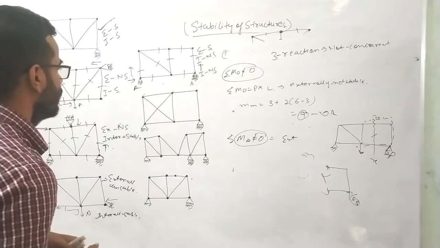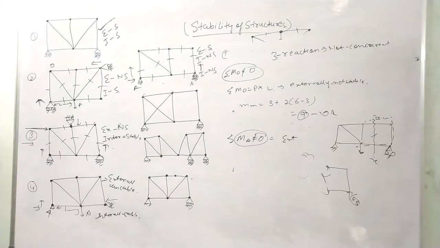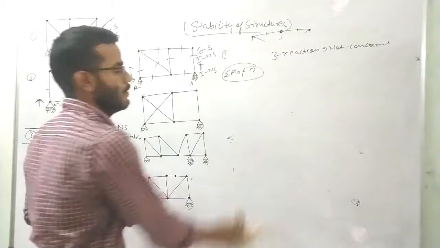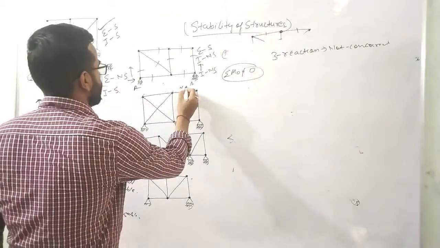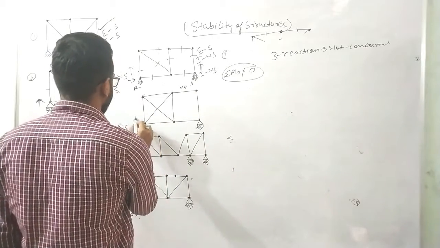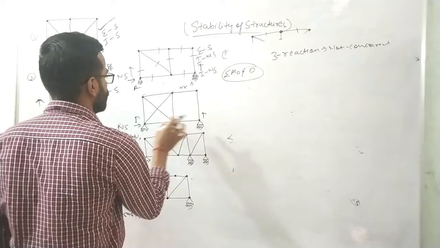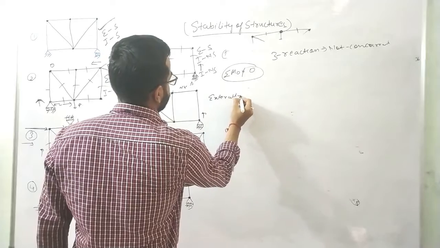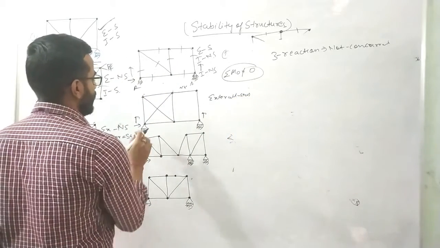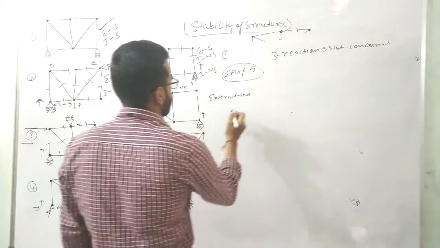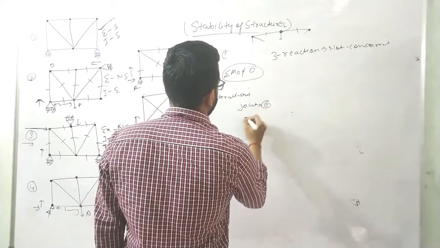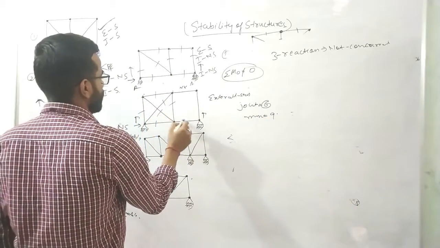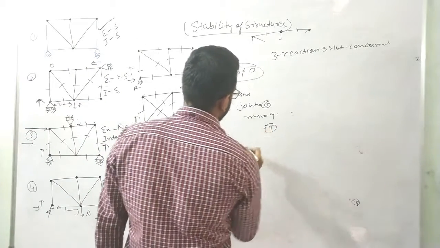Now we'll come directly to this point. This truss is also an important question. Here we are also getting three reaction components, 1, 2, 3, and these are externally stable. To check internal stability, how many joints are there? 1, 2, 3, 4, 5, 6. 6 joints. Minimum members already calculated equals 9. How many members? 1, 2, 3, 4, 5, 6, 7, 8, 9. Okay, 9 members. So as per formula, it should come.